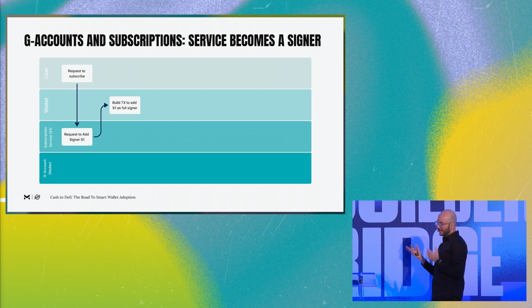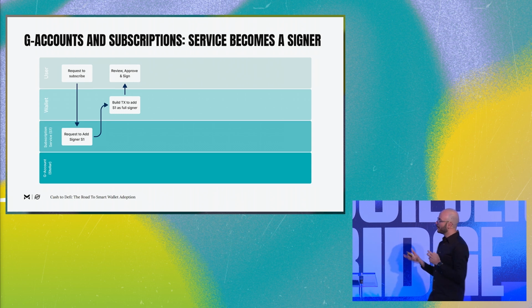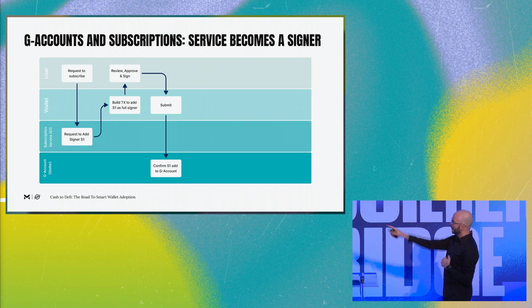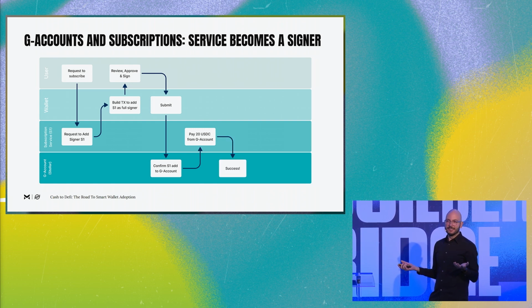Because if you can do a payment on behalf of a user, you can do any type of payment. There are no restrictions, right? And you all know where I'm getting at, but let's bear with me. So you review, approve, and sign that transaction, submit it, and now the subscription service is a full signer over your account. So they have access to unilaterally bill your account and withdraw those funds. So in this scenario, they're honoring what they originally requested, which is the 20 USDC for that subscription payment. So of course, that's going to succeed.